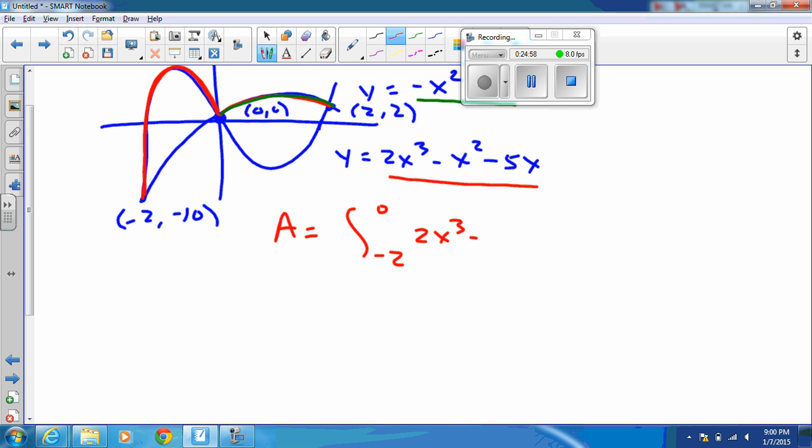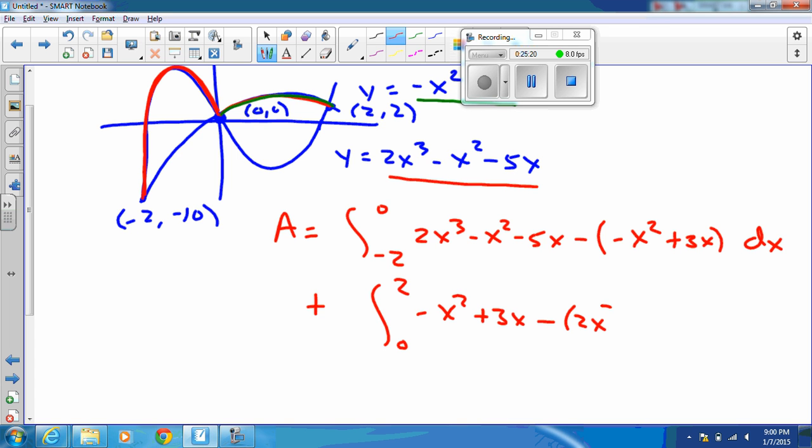So the area then is going to be the integral from -2 to 0 of top curve minus bottom curve. And here the top curve is this. The bottom curve, oops, is that,